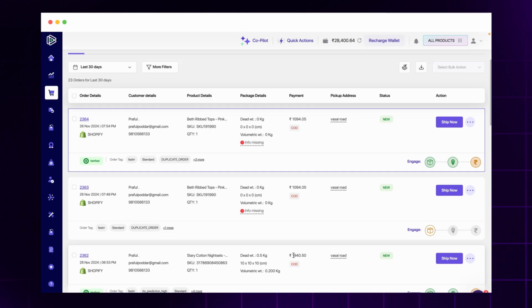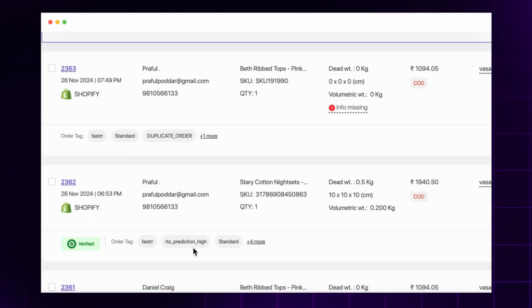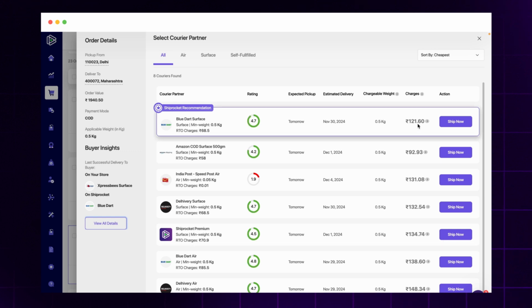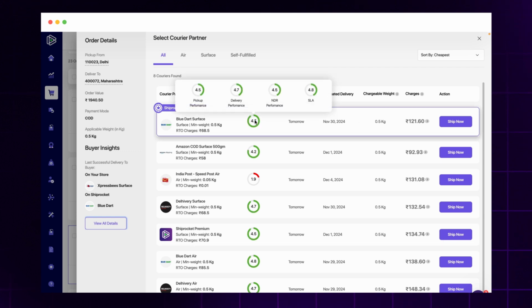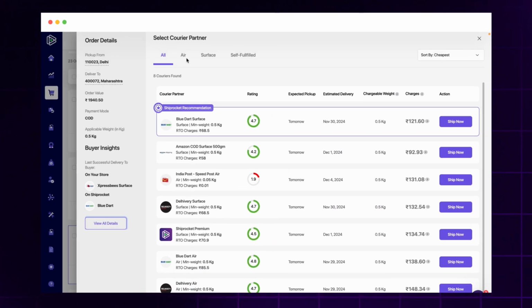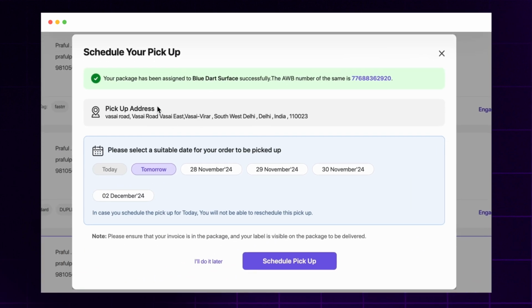Going back to the ShipRocket main platform, all orders that are placed get immediately synced to this platform and have multiple data points to be able to take a decision on shipping. Once a seller selects shipping, there are multiple courier options that come in along with decision-making parameters like performance, estimated delivery details, and previously used couriers to ship the order to the same buyer, which are segregated into different types of couriers. As soon as we choose one of the courier options, a label is provided and a pickup can be scheduled by the seller for the courier to come and pick up the packet.